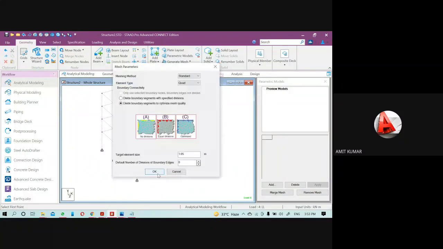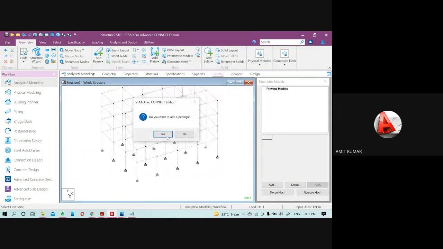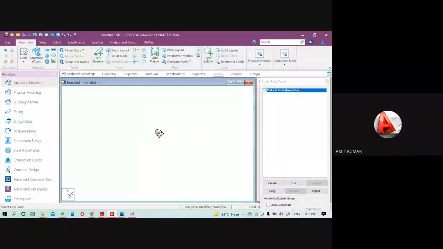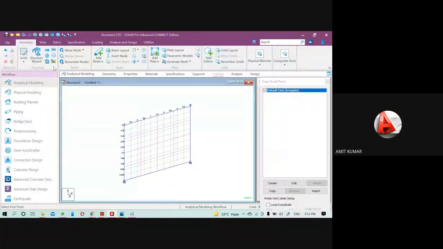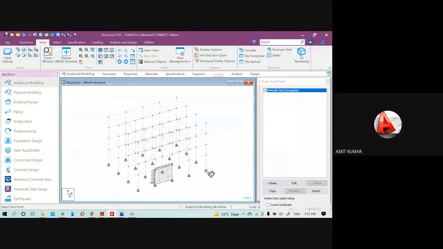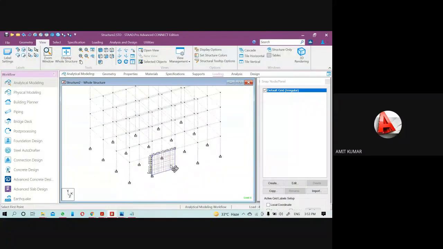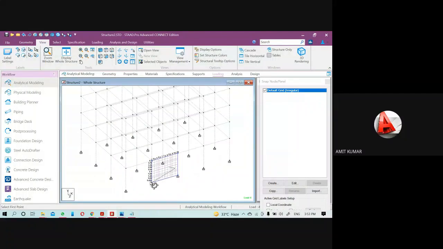wall. Like if I want to create the shear wall here, then you have to select it, and how you are going to mesh it, you have to select the meshing type and all these values. So this will be your shear wall. You can see it when I click on the complete structure. Okay, so that is the shear wall at this point. So this is the procedure of creating the shear wall.